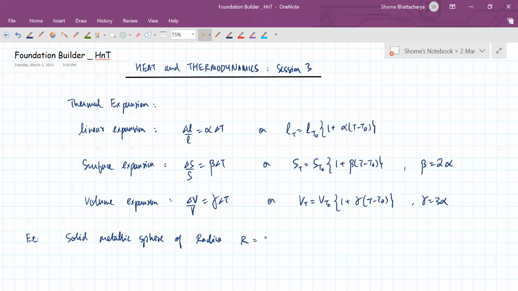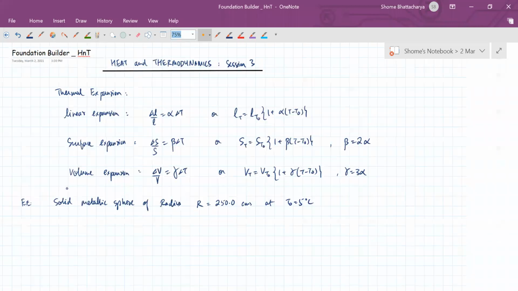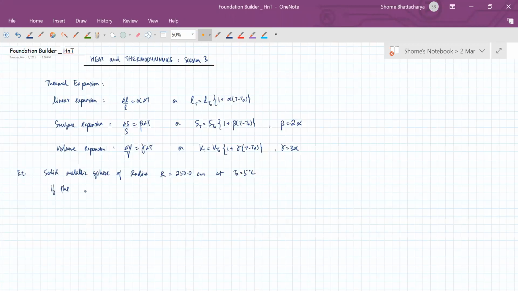Say the radius is 250 centimeters at a temperature of 5 degrees C. So if the coefficient of linear expansion of the metal is alpha equal to 8 into 10 raised power minus 6 per degree C, then find its radius at a temperature of 55 degrees C,